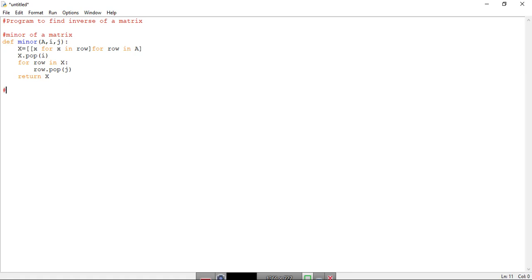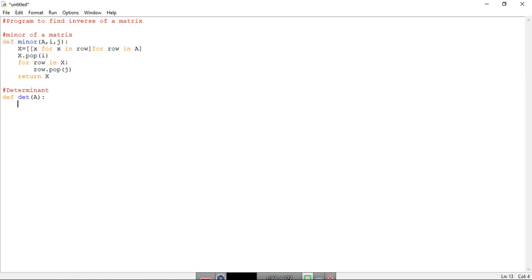Let us define the determinant. Again, this program is already explained in detail, so please go through that. Let us write det for determinant. Whenever we print something using minor mij or determinant, it will execute this command.